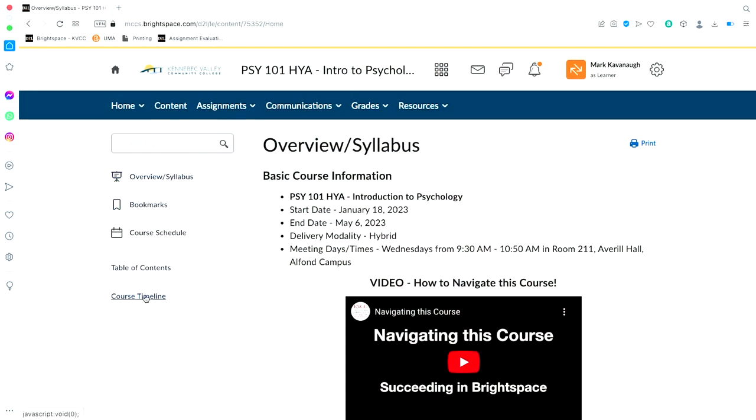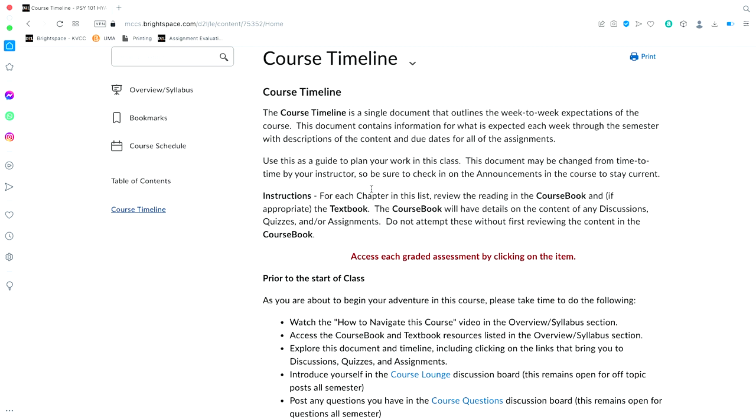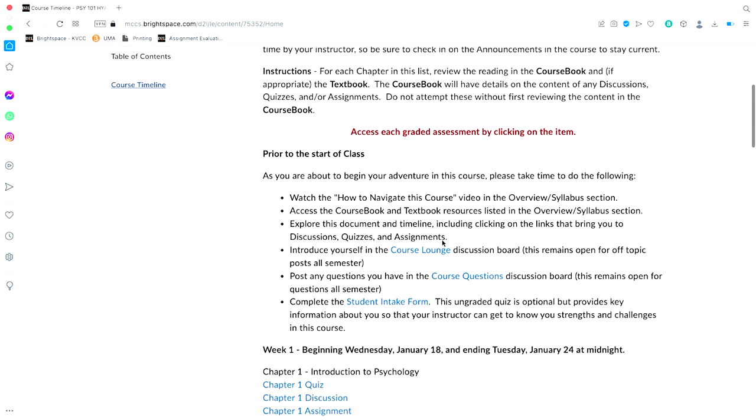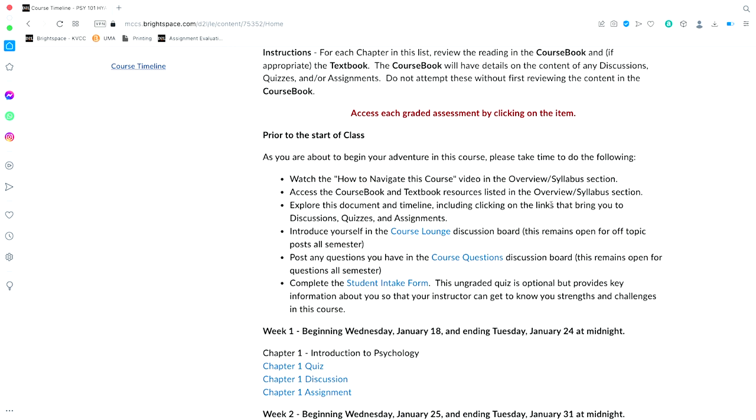Here's the course timeline. This is the only other link in the course. This explains what the timeline is. Prior to class, watch all of this stuff, and access the course book and textbook and read all this. I have a course lounge for random meetups and whatnot. You have course questions; you click there and it brings you to a discussion board for questions about the class.